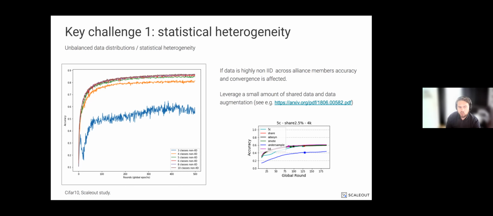And this is also quite a large area of research where you can try different things to mitigate these effects. In reality, it's hard to tell in a practical situation how non-IID it is. It's probably not as bad as the theoretical examples we construct in research to make a point here. So it's somewhere in between the ideal case and the worst case, I would say. But then there are approaches that you can take, for example, leveraging a small amount of shared data or using data augmentation to supplement clients with data points. But this is the problem of statistical heterogeneity, and this is an important topic.